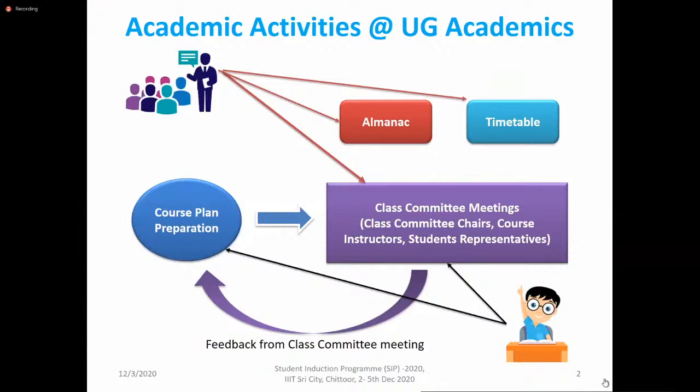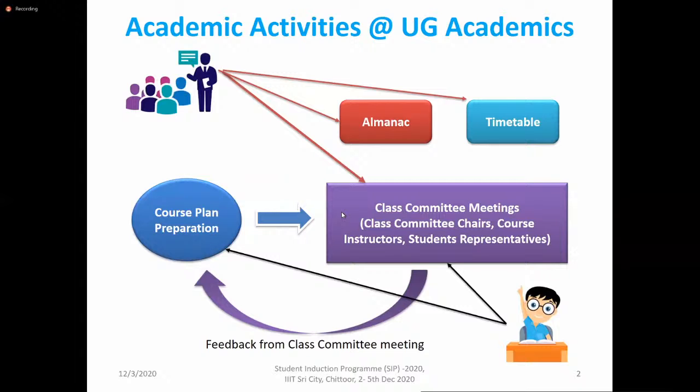Essential for you to look at. Okay, so the first thing, basically, the semester starts with an almanac. Let's say the semester has already started from 2nd December, and from 2nd December you are going through the induction program, and after the induction program, your actual classwork will start from 7th December, and